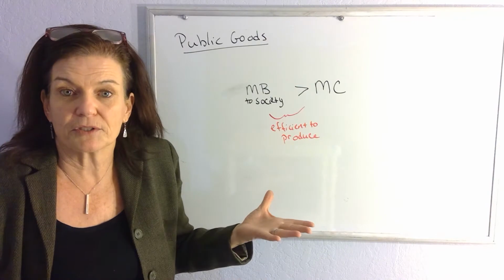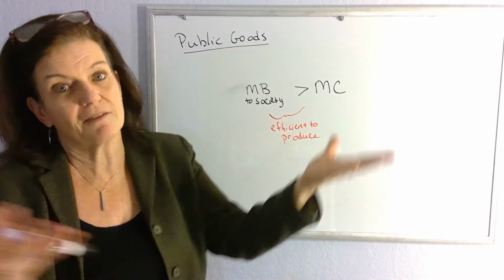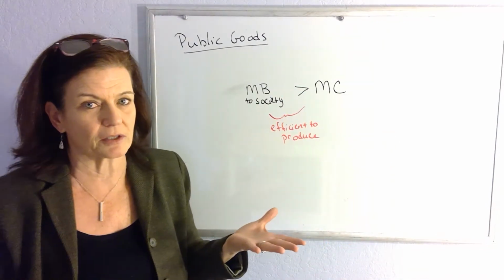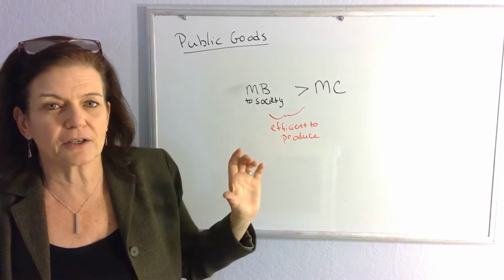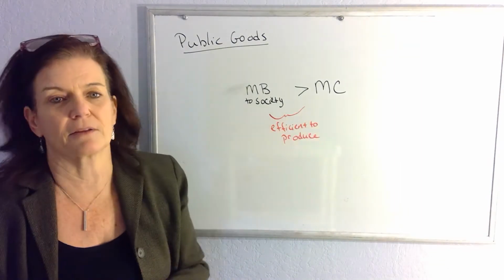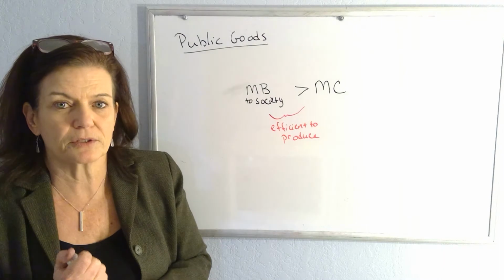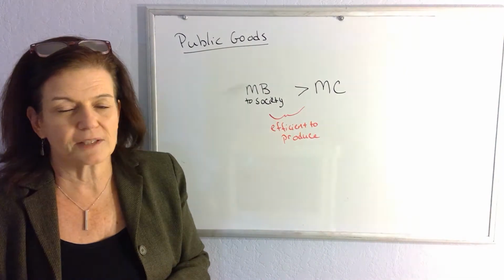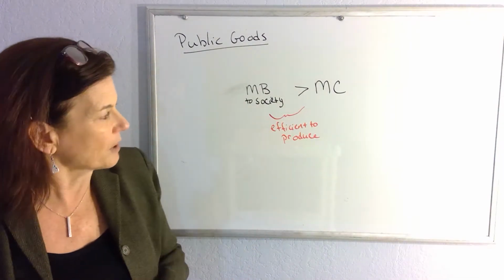A market would produce it, right? If it's worth more than it costs to make, you leave the market alone and it makes it. That's how it usually works, right? So let's think about a good where the benefit is greater than the cost. It ought to be produced. It's worth more than it costs to make. Resources ought to be allocated here. The problem is,